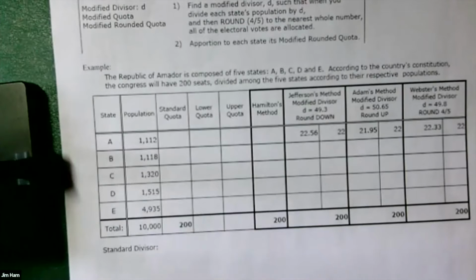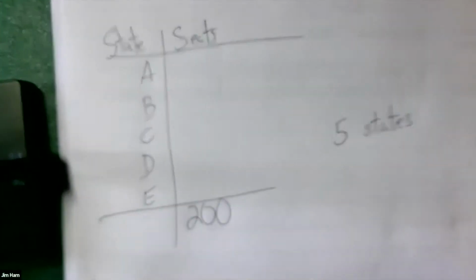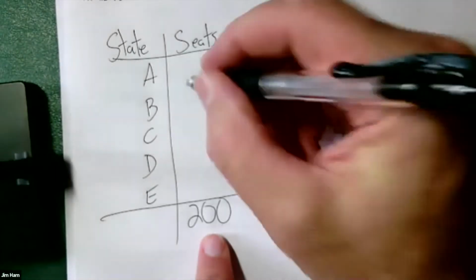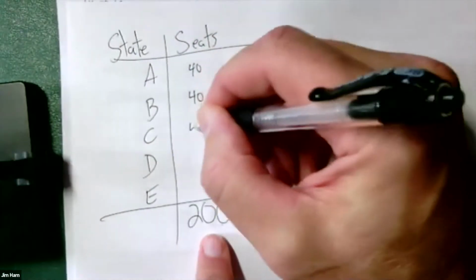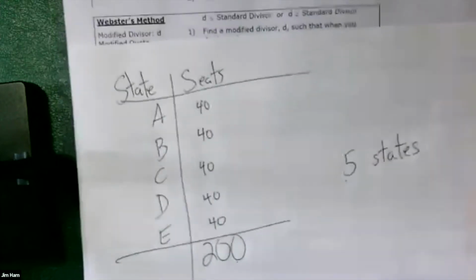So all they have to do is to award those 200 seats to these 5 states. Why not just take 200 and divide by 5? One way to do it, if you have 200 seats and 5 states, is to take 200 divided by 5 and give 40 to each and call it good. Every state gets 40 seats, and that's it. Well, we're done, except